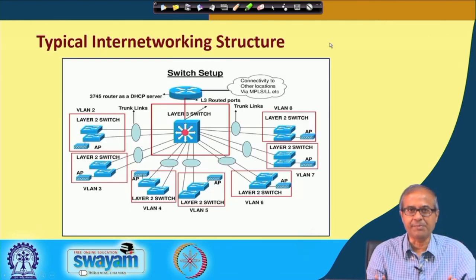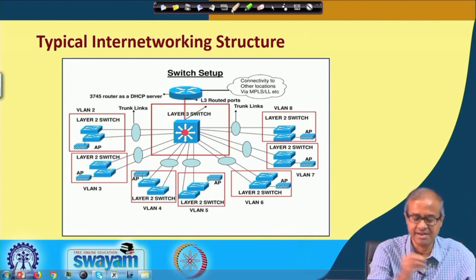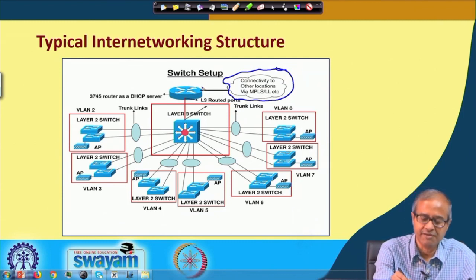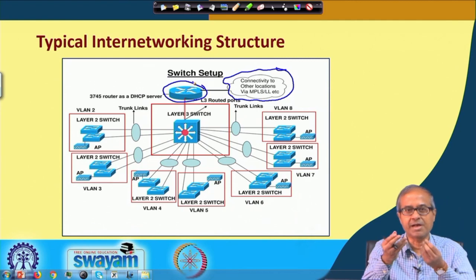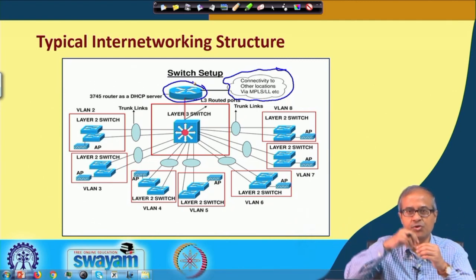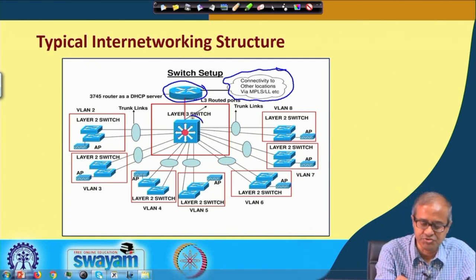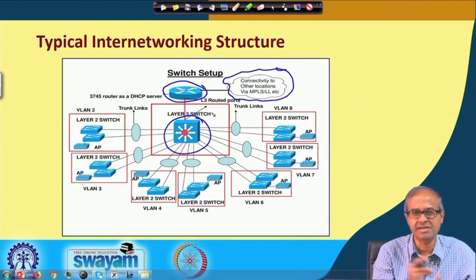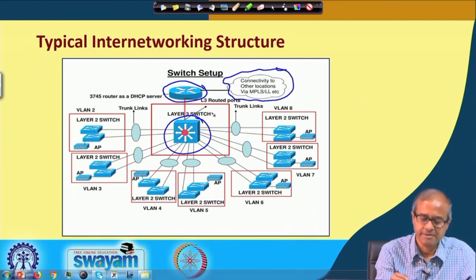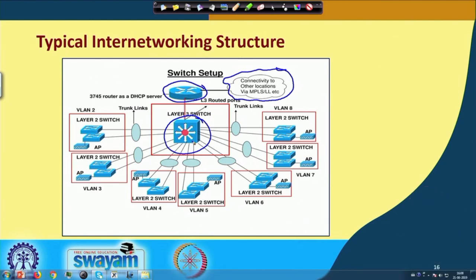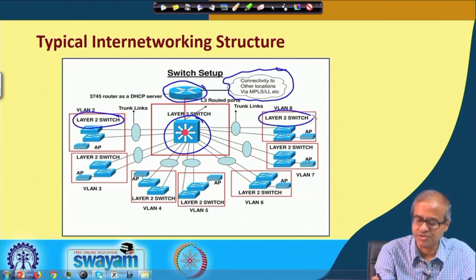So, here I am showing a very typical diagram of how these networking devices can be interconnected in a real scenario. You see, this is your outside world, your connections to the outside world, and you will be having a router here. Typically, routers are used to connect a network with other networks. Okay. And inside your organization, there can be a main switch. This is a layer 3 switch. Layer 3 switch is very similar to a router. This is internal to your organization, and in the different sections of the departments, you can have smaller switches. These are the layer 2 switches,